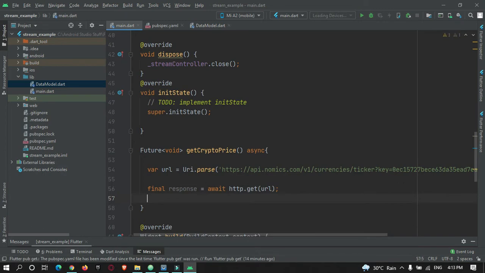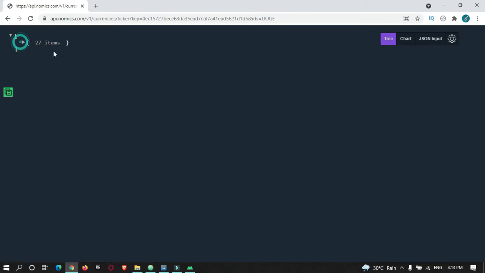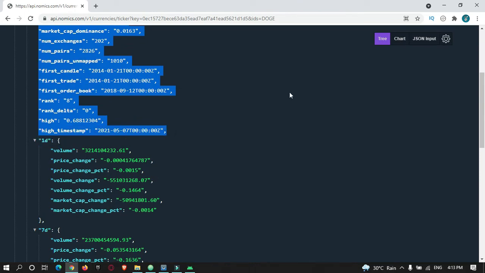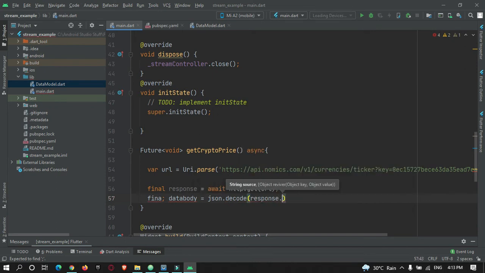Okay, and after that we just need the first data from this string, this data we need, only till here. So for that we are going to make use of final data body is equal to json.decode, and inside here response.body, we need only the first part. So for that, first.